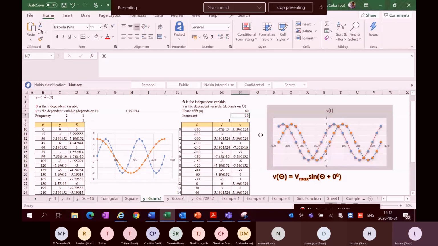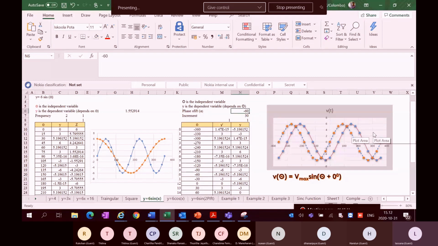You may have heard something called signal leading and lagging. This is what it means. For example, if I put plus 60 here, this signal led. This signal jumped to my left side, the screen's left side. Why? This signal led, and this is against this particular signal. That is what is called signal leading.